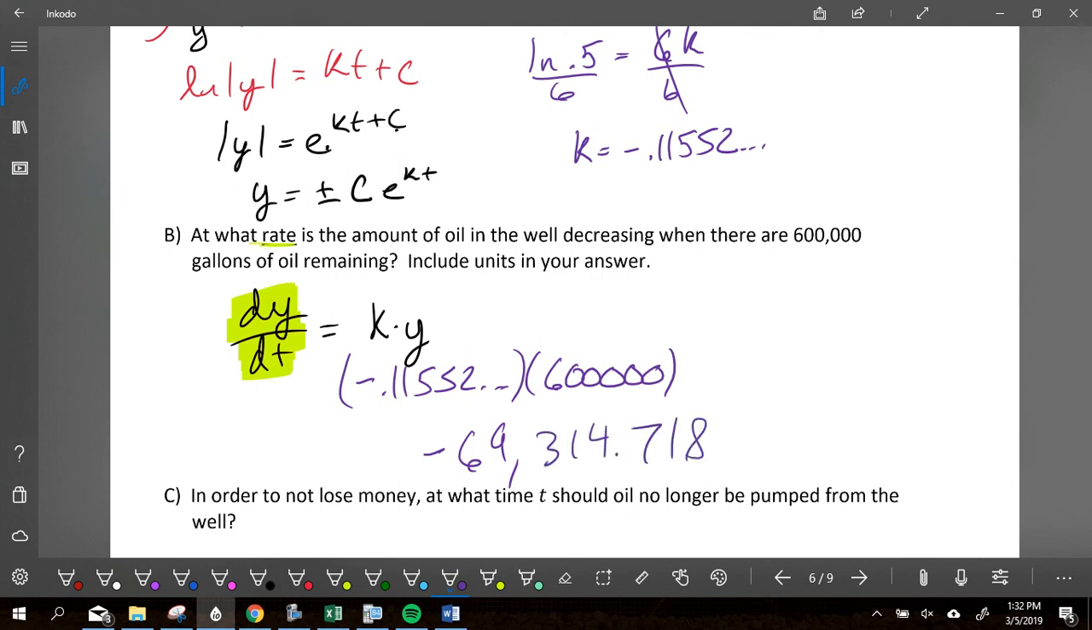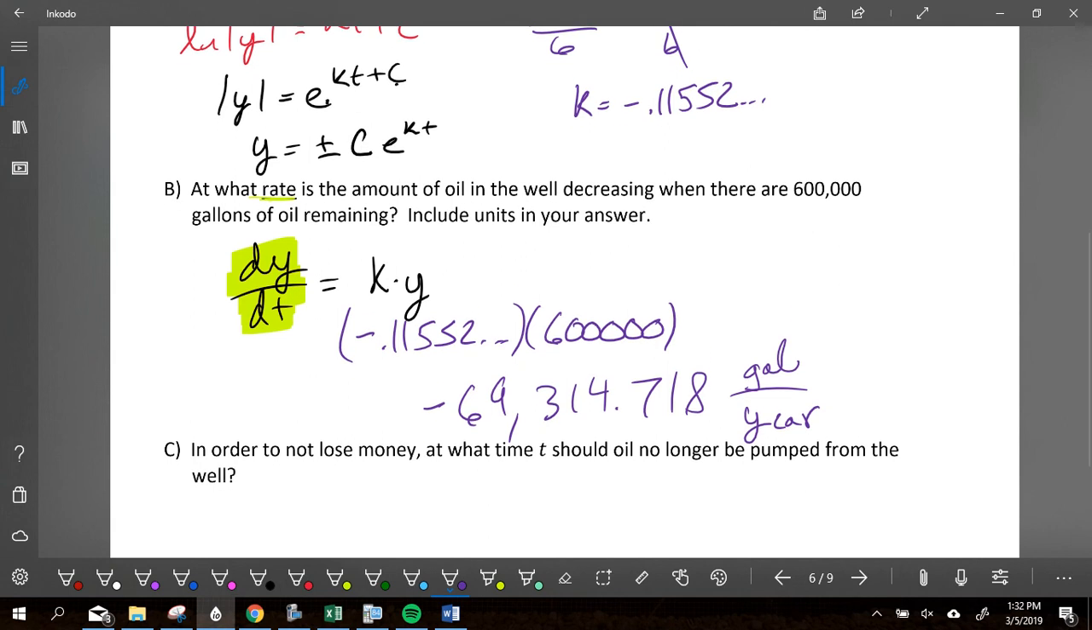$69,314.718. We need a label. dy, change in Y. What is changing? What's the Y value represent? That's the gallons. And dt stands for the change in time. What's my time in this thing? Years. It is gallons per year. That is how many gallons we're decreasing every year at that moment in time when there were 60,000 barrels, 600,000